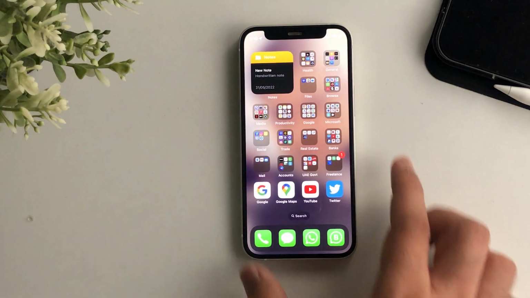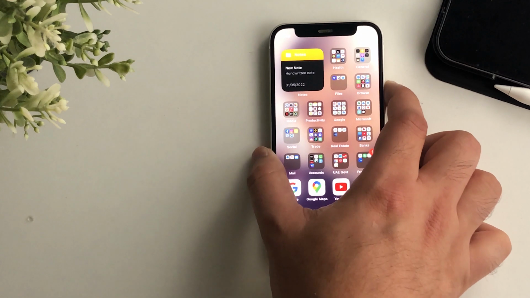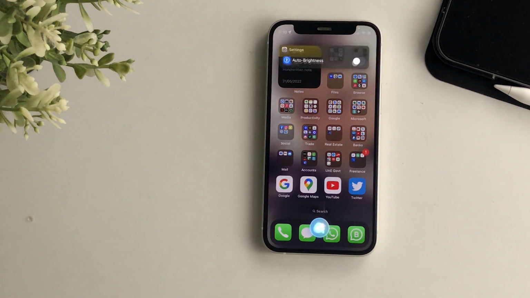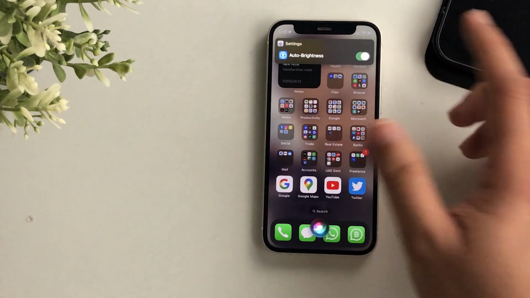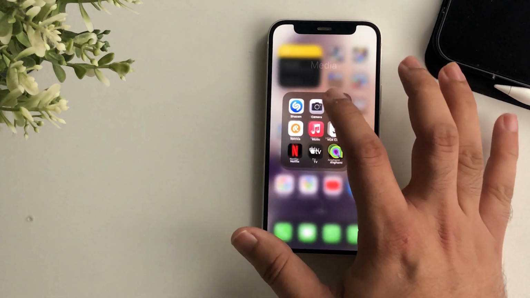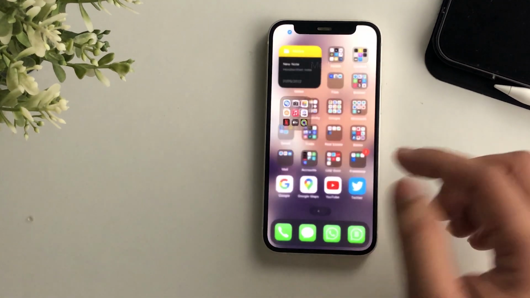Moving on with the home screen, they have added some more features with Siri as well. While interacting with Siri, auto brightness, here you have more detail on the action you want to perform with Siri, so you can simply toggle it on your lock screen itself. They have added more features, let's say the recent app which I have used, the camera, so